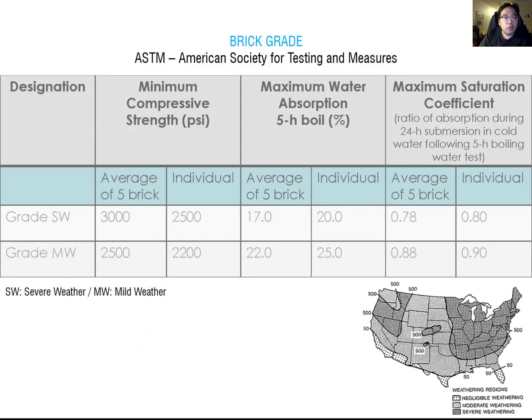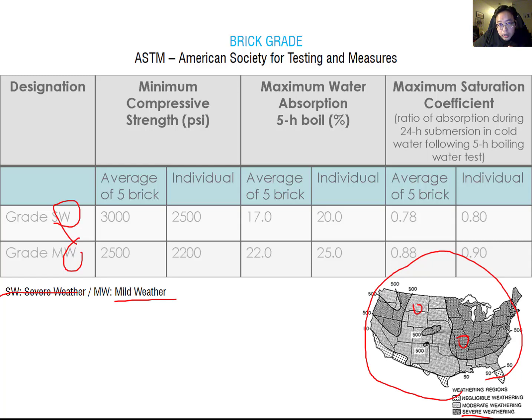And then brick also has two grades: grade SW and grade MW. SW is for severe weather, and MW is for mild weather. So how do you find out the weather zoning? You can just see the map here. The darker gray is the severe weather, which is grade SW, and the lighter gray is the mild weather, right? So I can say most of Iowa has to use